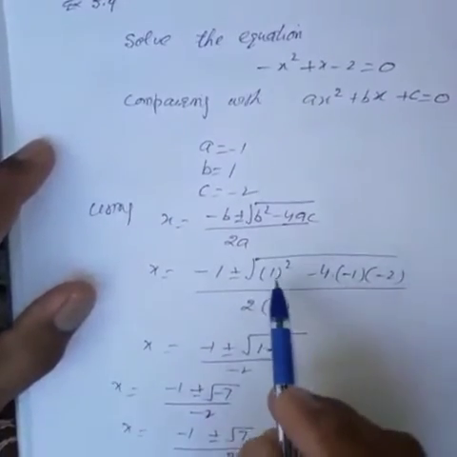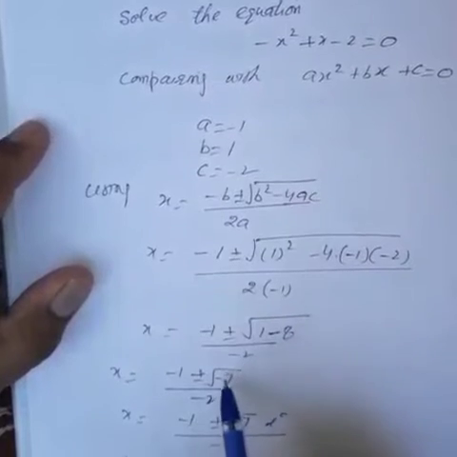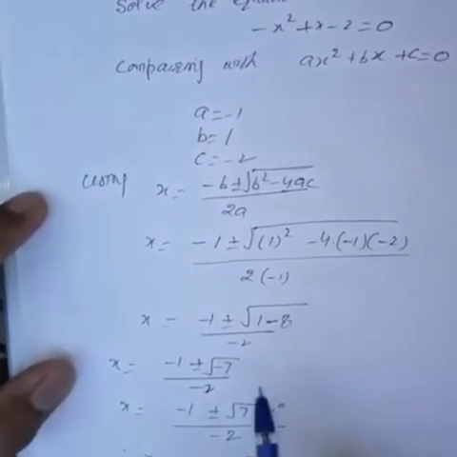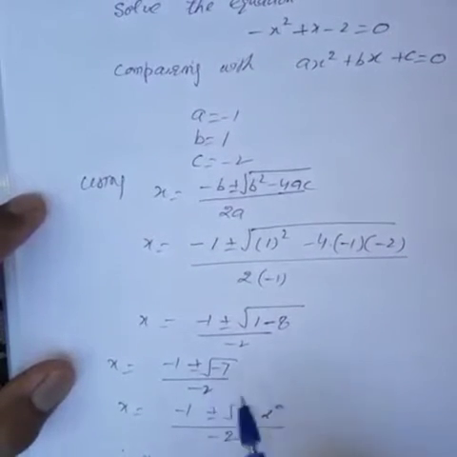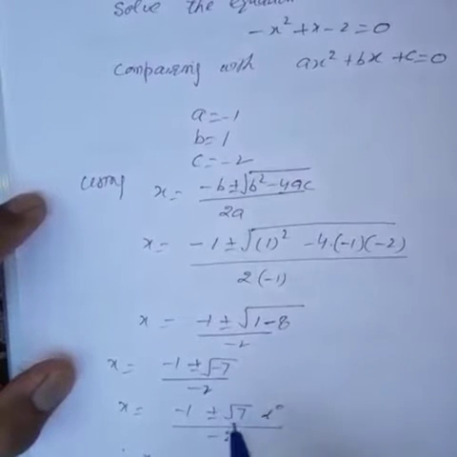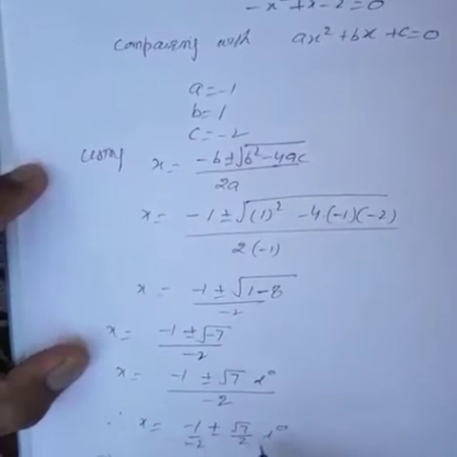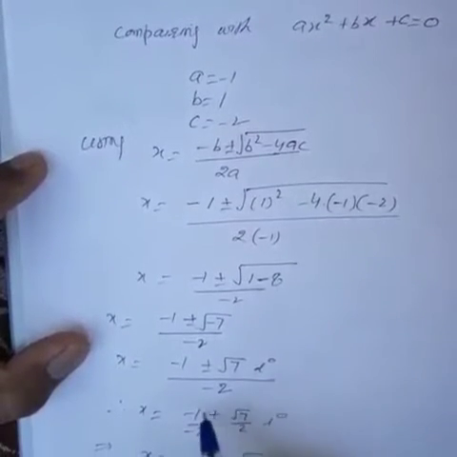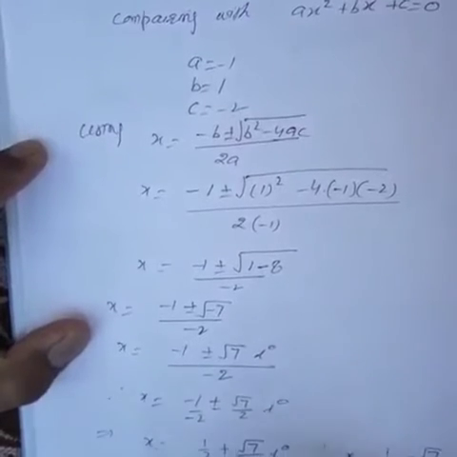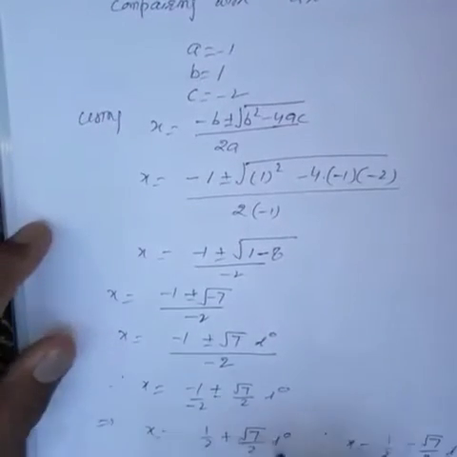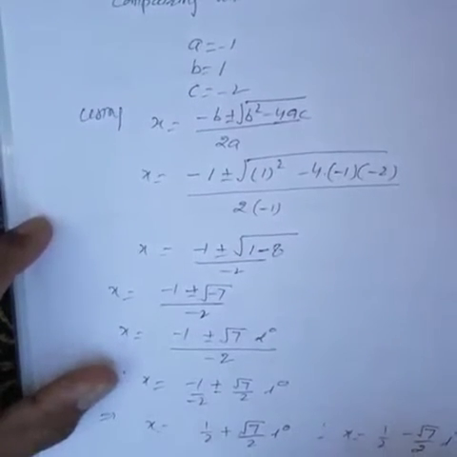Value of x, after calculation, it will be under root minus 7. Now this is imaginary, so write in the form of iota. So it will be root 7 iota. So value of x will be in the form of iota. So this is a complex number. We know the values of x, so write two different values. This is the required solution. I hope it is clear to you.